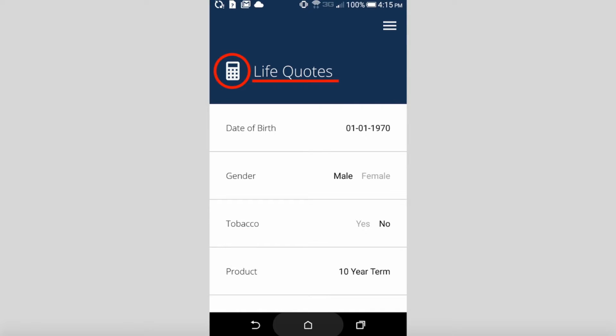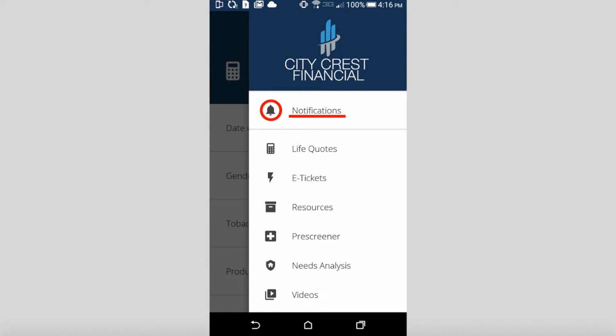For each tool, you can change the label, and if you have your own icons you'd like to use in place of our defaults, you would just send those to us and we can swap them out. The changes you make to the labels apply to the header and in the menu. You can add and remove any of the tools from the menu and adjust the color and logo for the